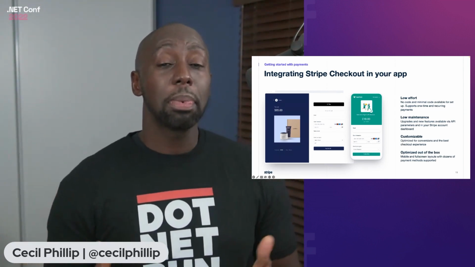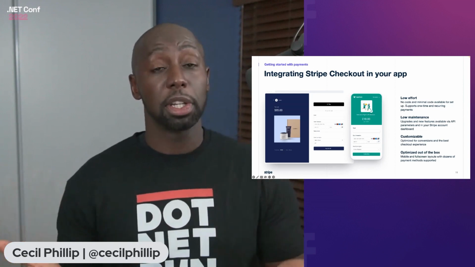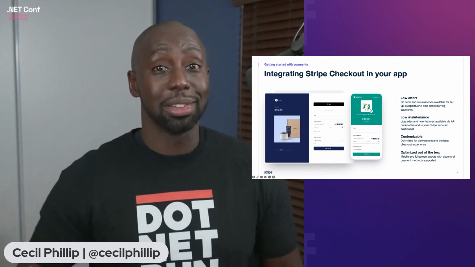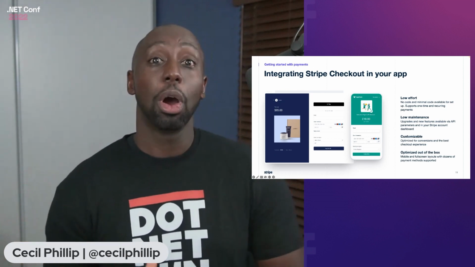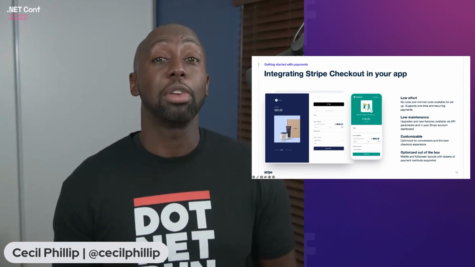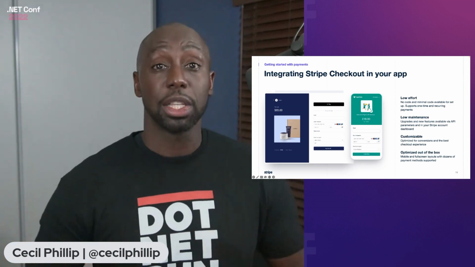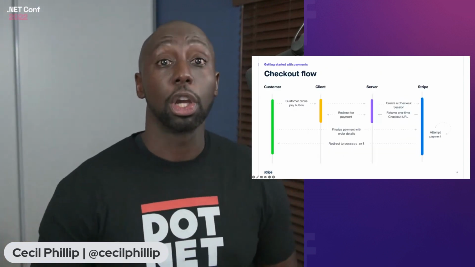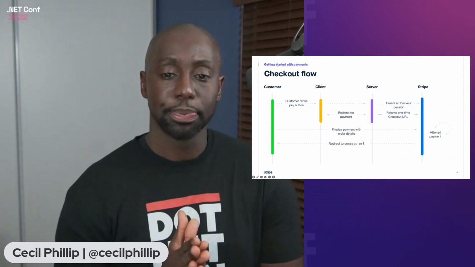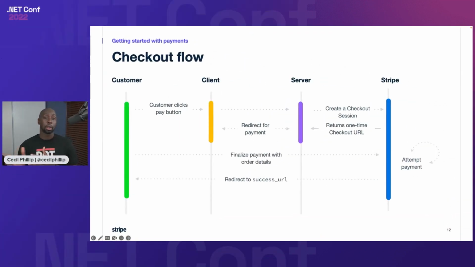But then also remember, you're not maintaining this payment experience, right? This is not a thing you have to build. This is not a Razor page or a Blazor component that you have to write for yourself if you don't want to. This is something that we could host for you. And again, you can take some of that pressure off developers so they could go ahead and do some other things. So let's take a look really quick and see what the checkout workflow kind of looks like, right?